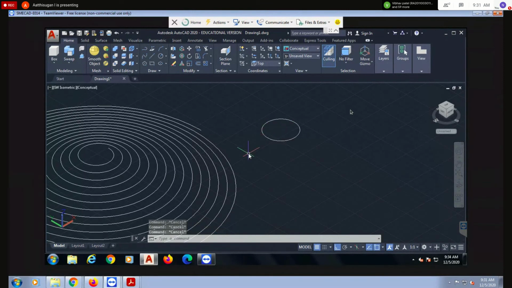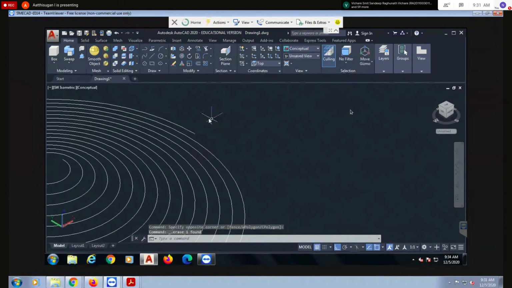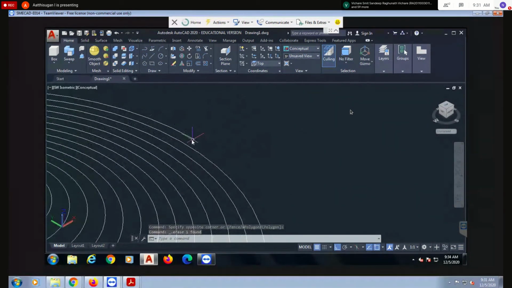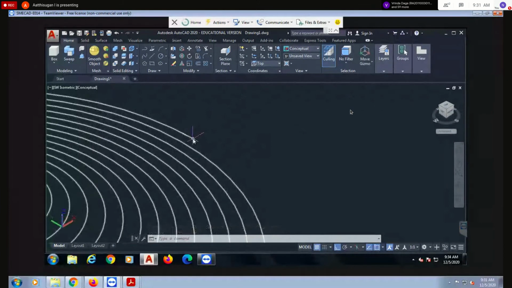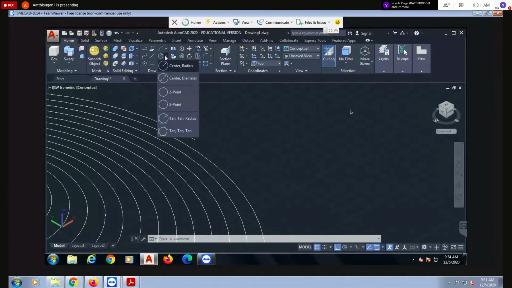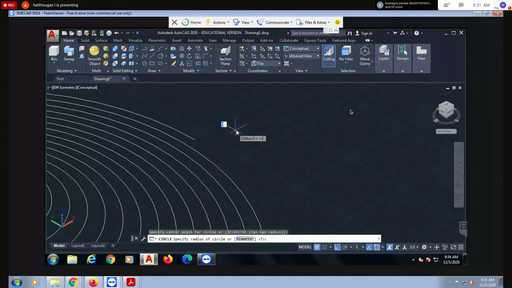See, now kindly understand the diameter of this one. That will be passing through here, see the center. It should not touch the other lines. According to that, you can choose the diameter. This much, a little bit big.